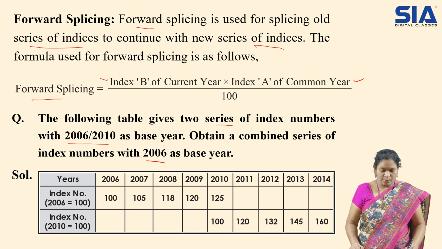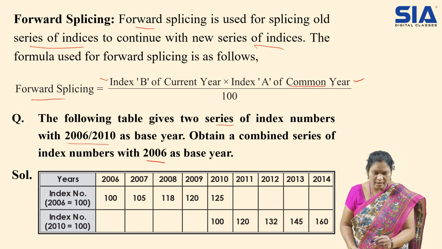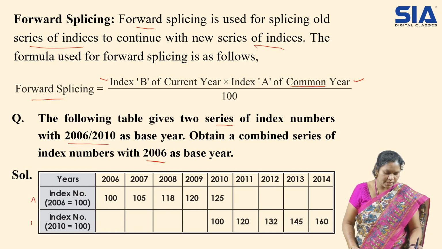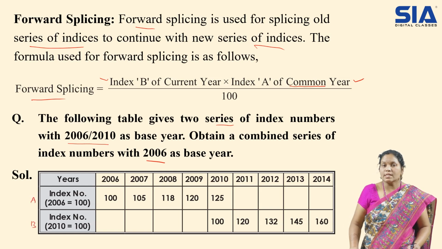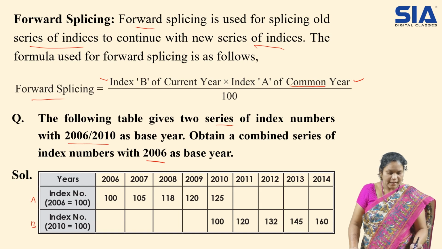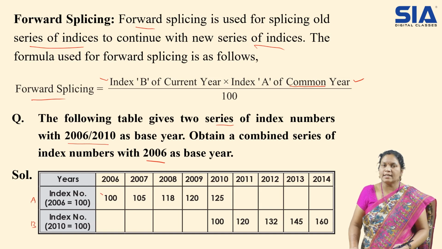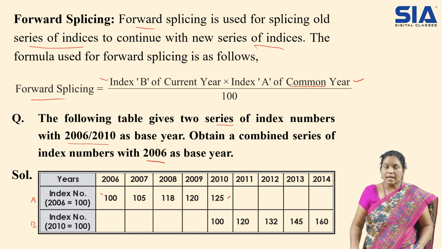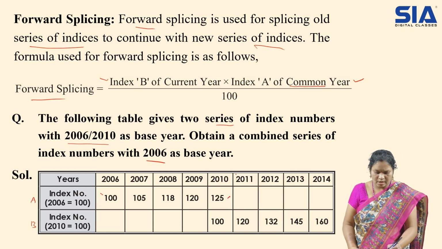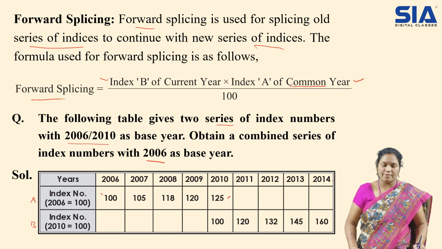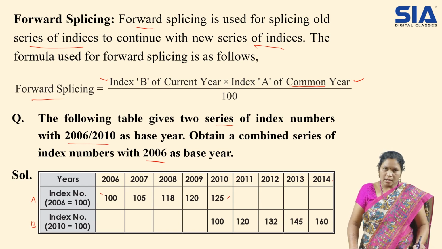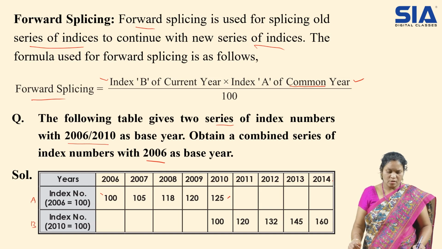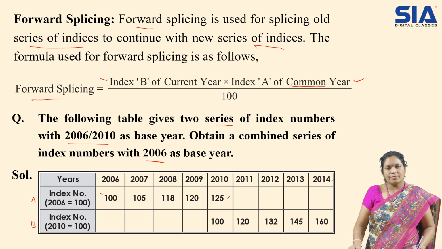So I said just now, a common year we have to consider, that too from index A. A means the first series and B means the second series. So 2006 whatever started in A, check it out, we have the data here. From 2006 to 2010 we have the data, but other data is missing, right? Check it out, 2011 to 2014 data we don't have for series A. So this is how the splicing will go on whenever data is missing. So in the first series, the second half of the data is missing.